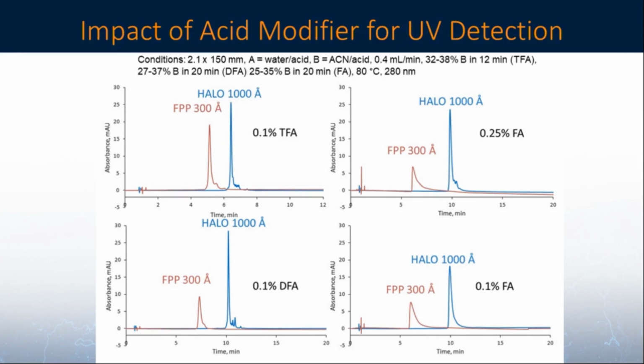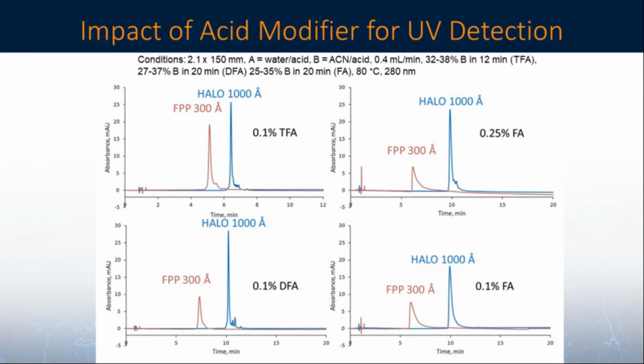The peak width of the Halo 1000 angstrom column is taller and narrower compared to the 300 angstrom FPP column. The bottom left panel shows the results with 0.1% DFA. Again, the result with the Halo 1000 angstrom column is a taller, narrower peak compared to the 300 angstrom FPP column. Next, focus on the bottom right-hand panel, which shows the results with 0.1% formic acid. Both columns show broader tailed peak shapes, but the Halo 1000 angstrom column performs better than the 300 angstrom FPP